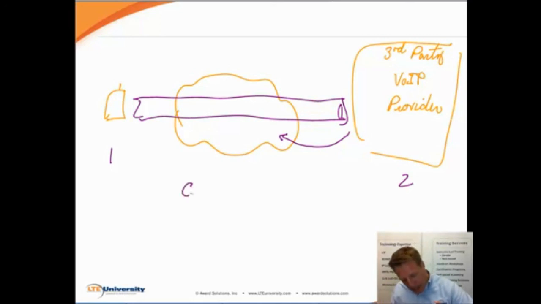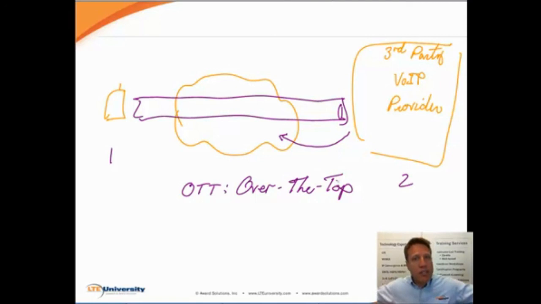Now this scenario that we're talking about is often called OTT, or over the top, where basically the application, in this case voice over IP, is using the cellular network and other networks as just transport. Some people call them dumb pipes. Sometimes it's a little bit derogatory, but they're trying to use these networks just as transport and provide the applications on top. The issue with that is, how is the cellular network going to be able to take action to make sure that that voice over IP call is treated well?